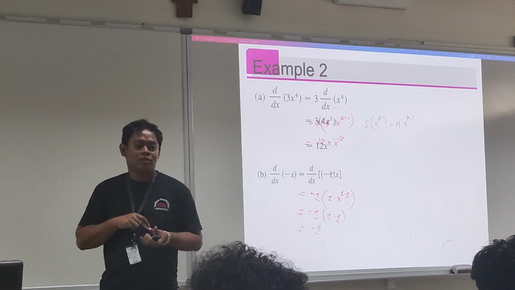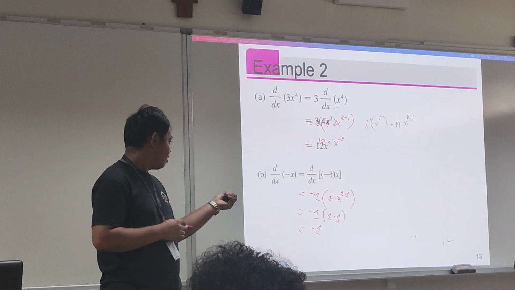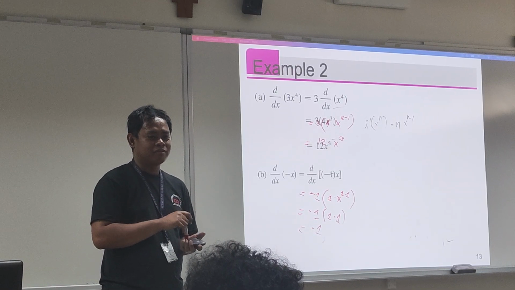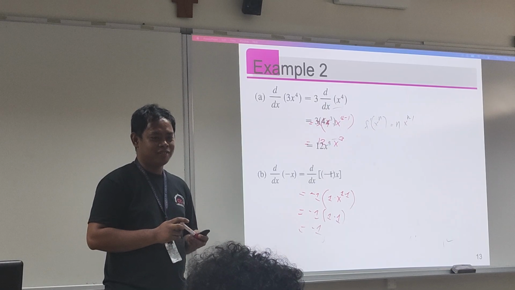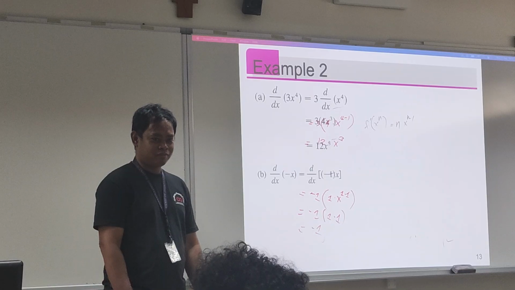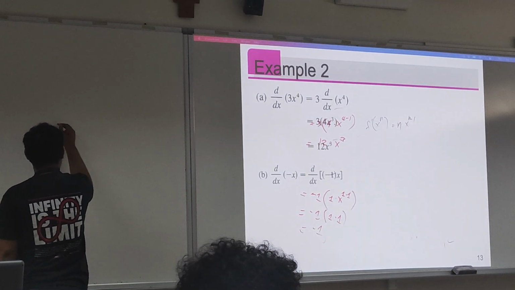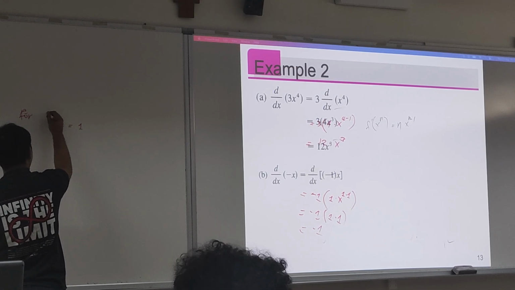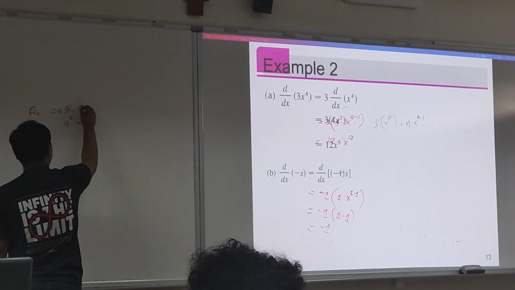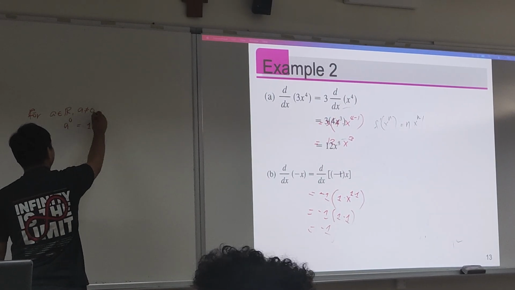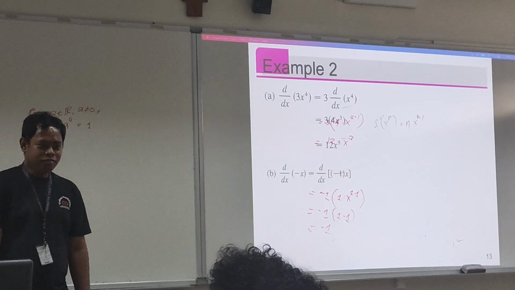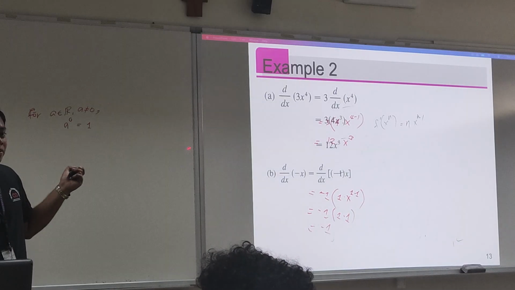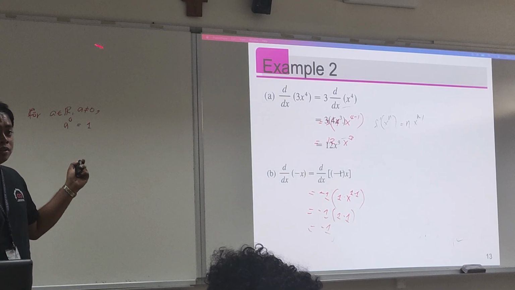1. So any number raised to 0, as long as that number is not equal to 0, is always 1. How can we prove that one? That a raised to 0 is equal to 1. Familiar with this result, no? That any number being raised to 0, but that number is not equal to 0, is just 1.